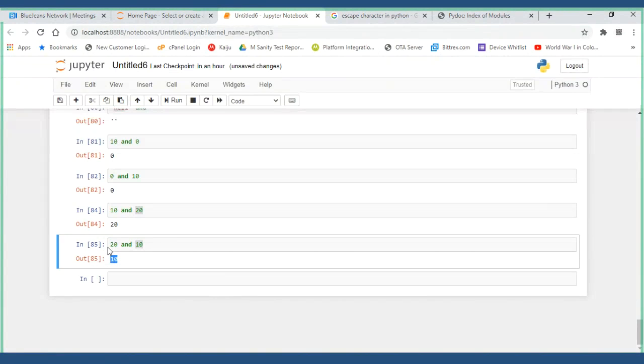First it evaluates whether this is true or not. Yes, this is a true value, which means some value is there. Then I go here and evaluate: is this true or not? Yes, it is true. Then I don't have any issues, and I'll put the same value I have seen at the right side. So remember, AND will always return, if both values are true, the right side value, the Y value. This is X, this is Y. If both are true, then I'll get the Y value.